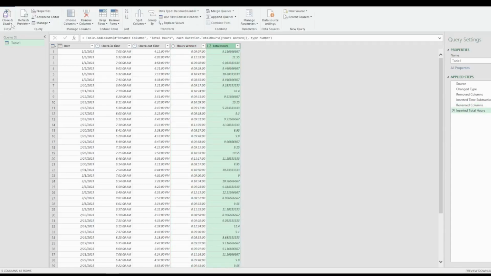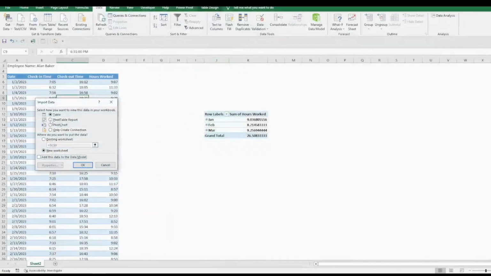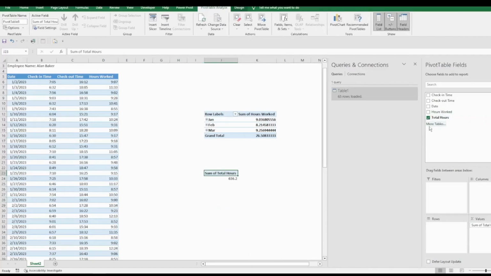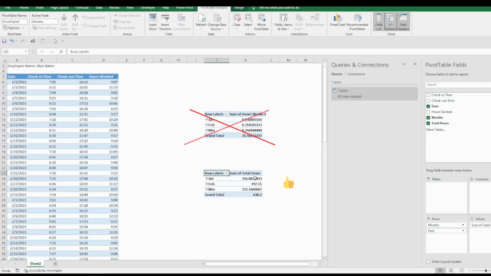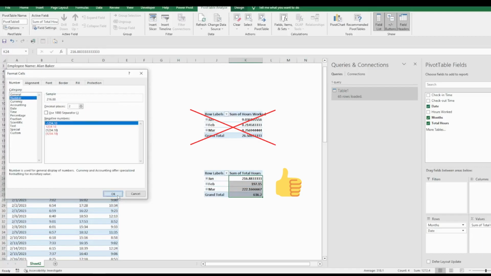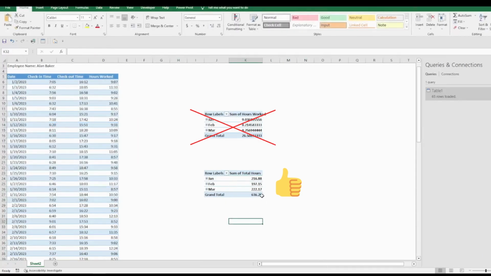So if we load this data as a pivot table, I have the results I want.